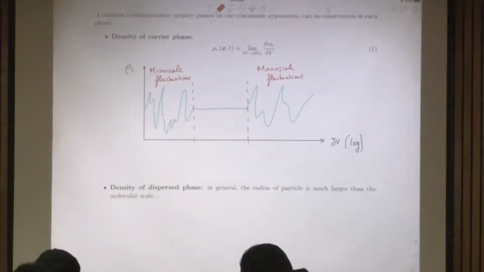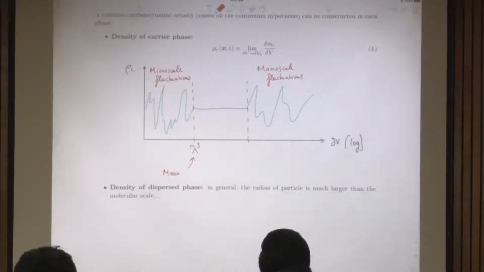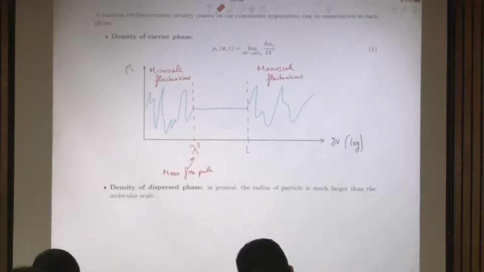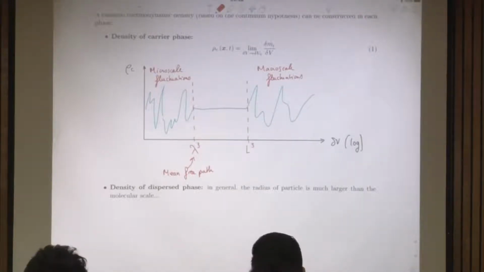That's the mean free path, on the lower end. I'm calling here lambda the mean free path. And as you go towards your system scale, say big L is a system scale,